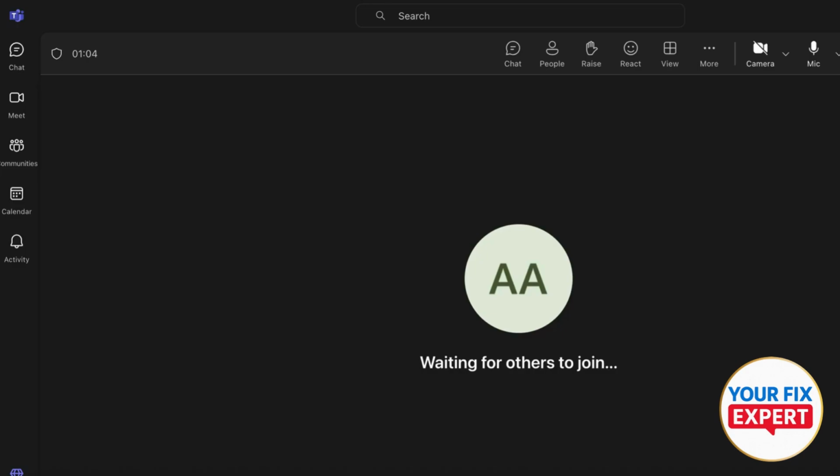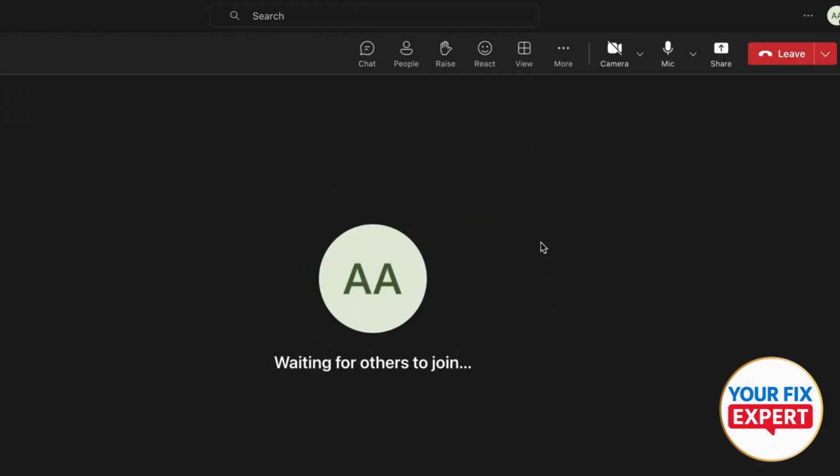Hey guys, how to share screen on Microsoft Teams and still see participants. So make sure to join using the Meet button, right? And join any meeting. And inside the meeting, what you're gonna do, you're gonna just go ahead and hit share